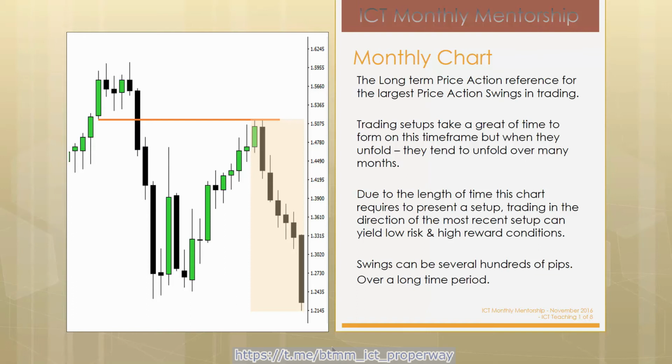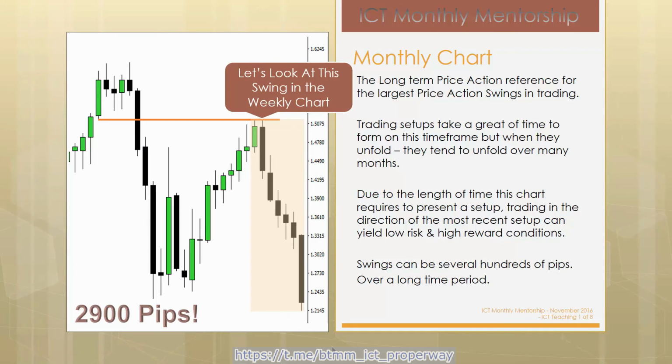Now, again, this is a monthly chart. Before all these down candles form, we have the potential range identified. So we can now break this down and say, okay, I already know where price may likely go relative to the monthly chart. So how can we use this information going forward and go across the whole spectrum of types of trading? Again, it's over 2,900 pips for that price swing. 2,900 plus pips. So let's take a look at this swing on a weekly chart and refine that more in terms of defining setups for your trading model.